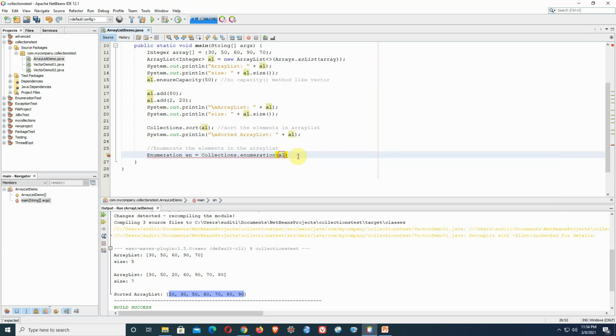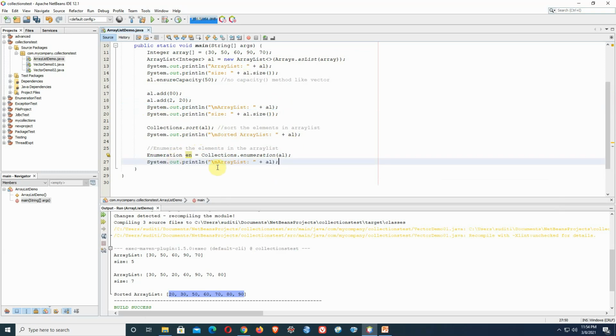Now I am having a SOP, so this SOP can be used here. It is showing the array list elements here. This part is not required here. So after that we are going to